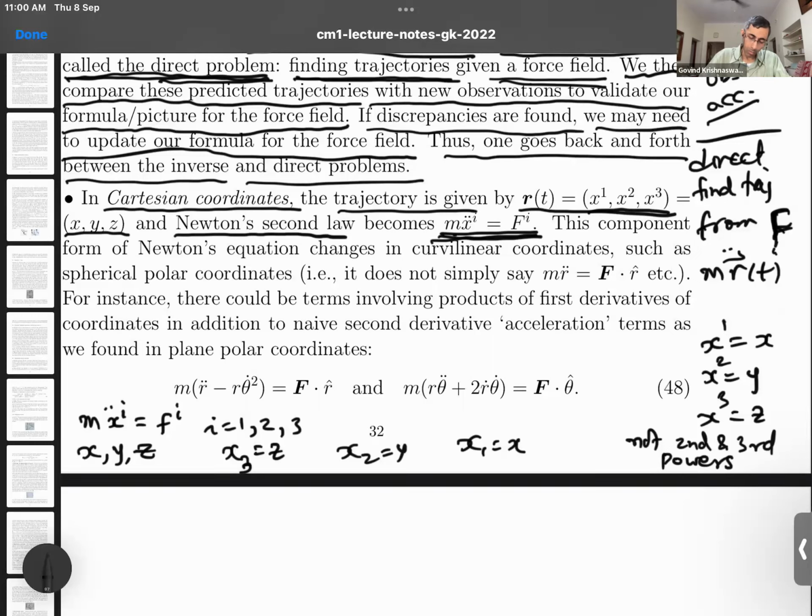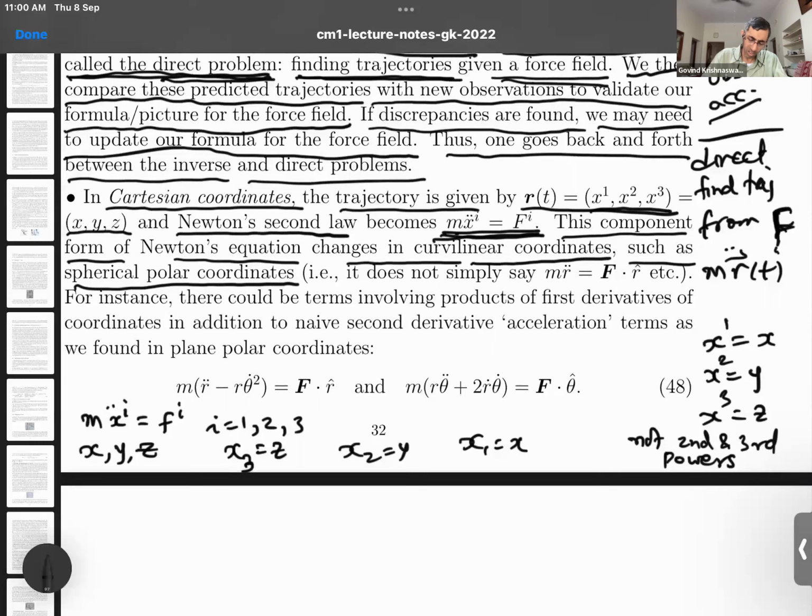Okay, now it is important to understand that this component form of Newton's equation changes when we go from Cartesian coordinates to curvilinear coordinates, such as spherical polar coordinates or plane polar coordinates, depending on where you are. In other words, what I mean is that in spherical polar coordinates, the equation of motion does not simply say